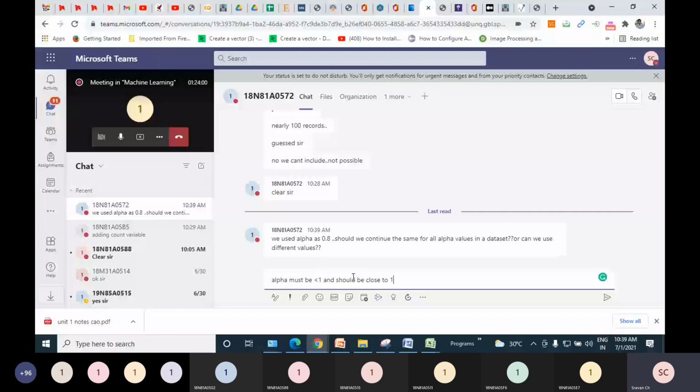For example, when you are solving this text classification problem, just imagine you got zero probabilities 3 times. All 3 times you should use 0.8, right? The value which you are using must be less than 1. Suppose you have opted for 0.8, then please use 0.8 in all places. You can't change it every time.